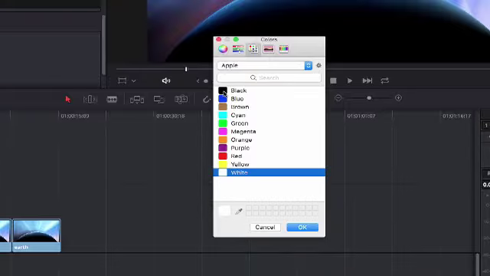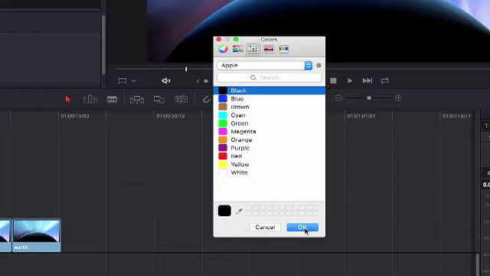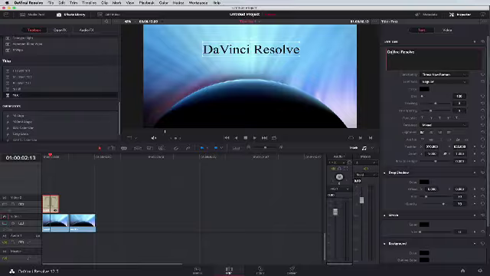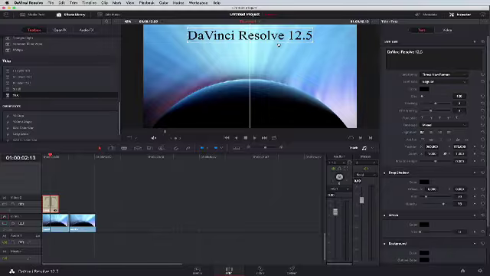For this particular tutorial, I'm just going to stick with the block colours, and now we'll just call this .5. Place that there,